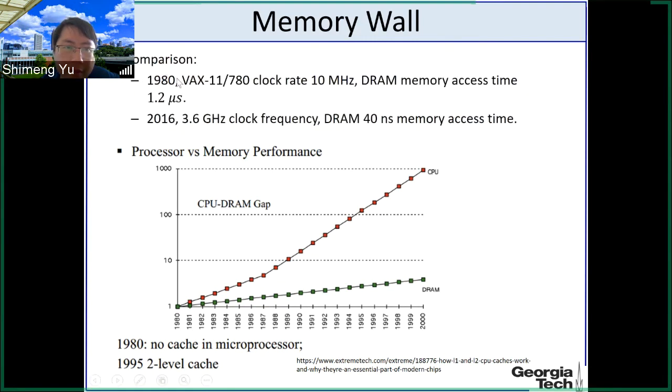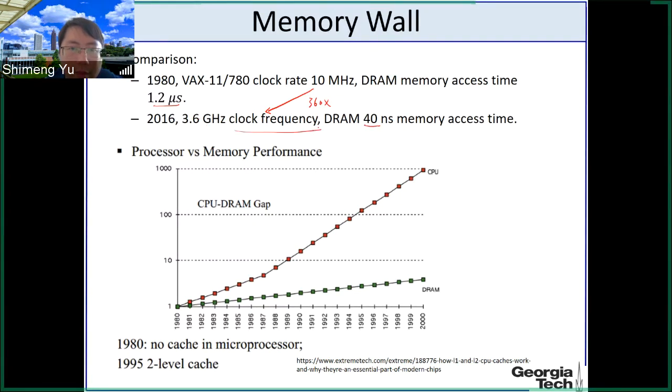For example, here we have an old system in the 1980s. The clock frequency for the processor was about 10 megahertz at that time, and the DRAM memory access latency was 1.2 microseconds. And today, the processor's clock frequency can be up to 3.6 gigahertz for a high-performance server type processor. So you see that the clock frequency increased by 360 times, but the DRAM access time decreased from 1.2 microseconds to 40